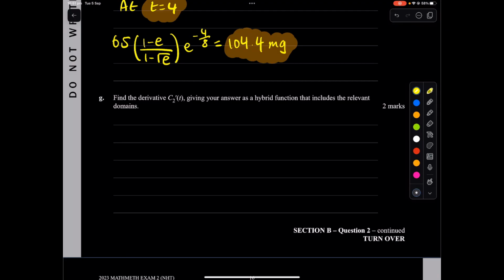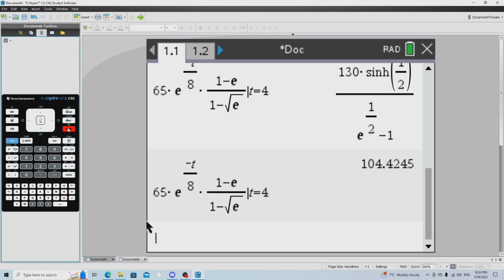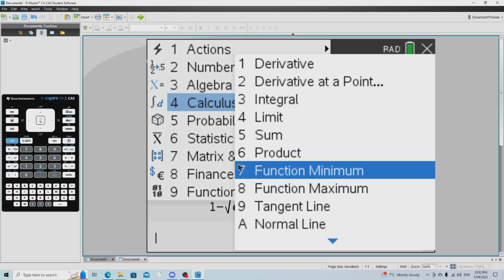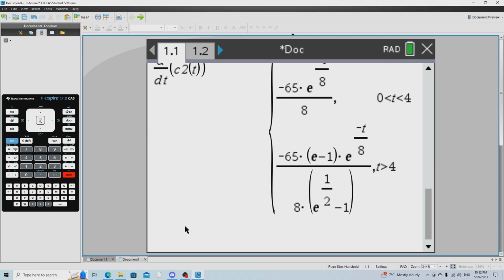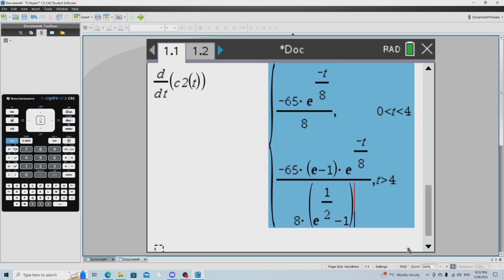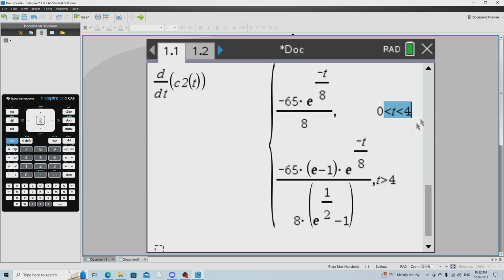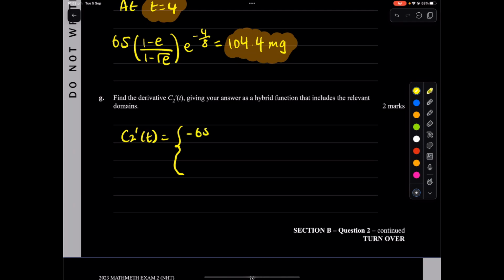Find the derivative of C on T, giving your answer as a hybrid function that includes the relevant domains. So, C2 is like a hybrid function. One of the ways that I would do this is to go to menu, calculate, calculus, derivative, in terms of T, of the function C on T. And here is your actual hybrid function, and it does give you the relevant domains. So let's write that: 65 e to the negative t on 8, all over 8,